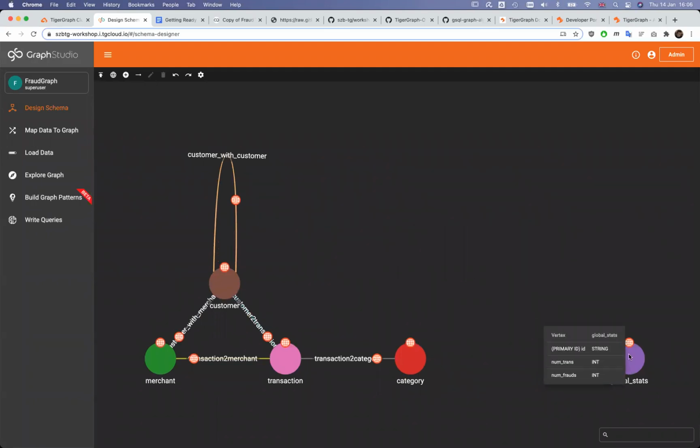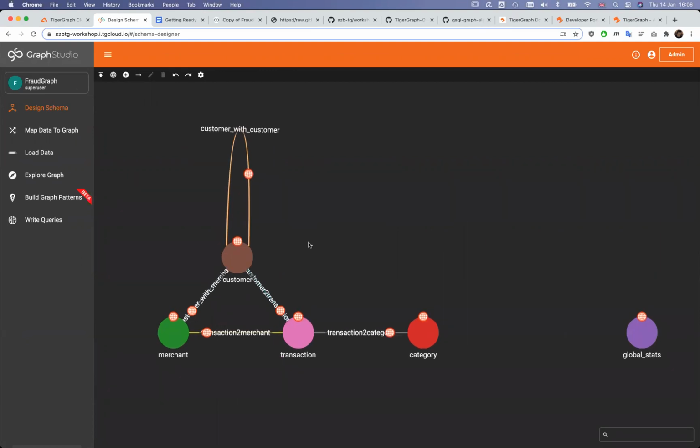Global statistics, quite surprisingly, will store global statistics, but the rest are more relevant to the use cases. So we have merchants and customers who are participating in transactions in certain product categories.